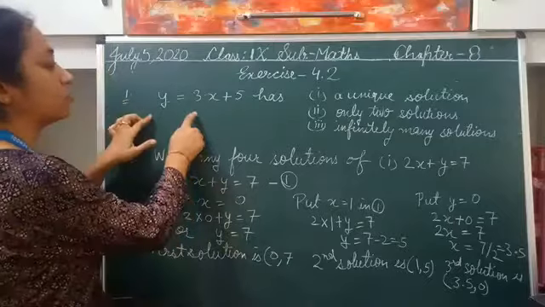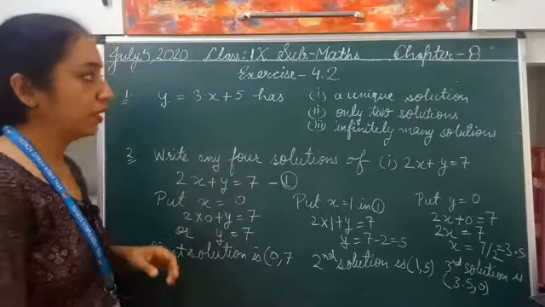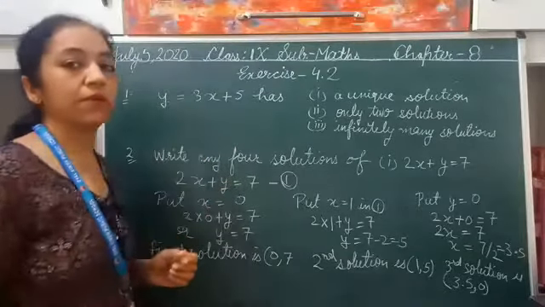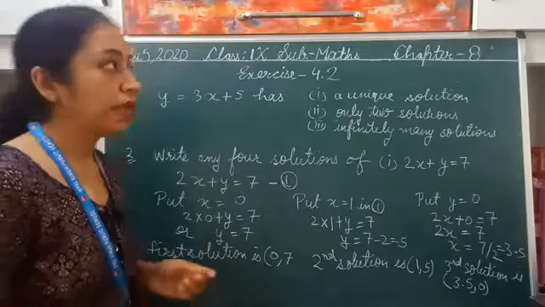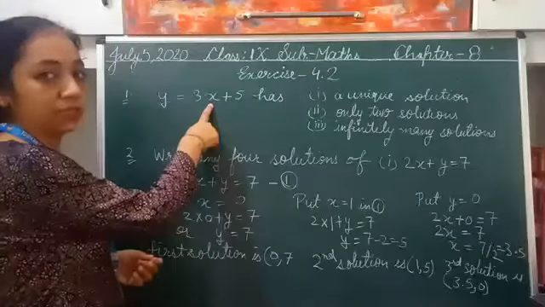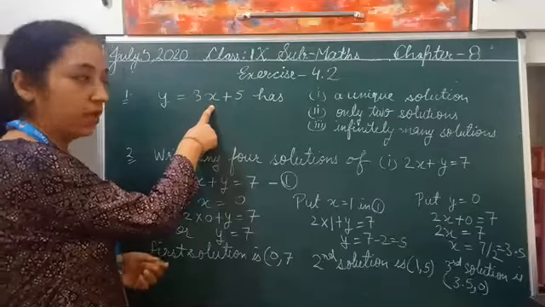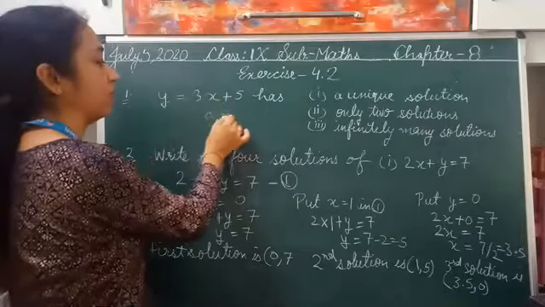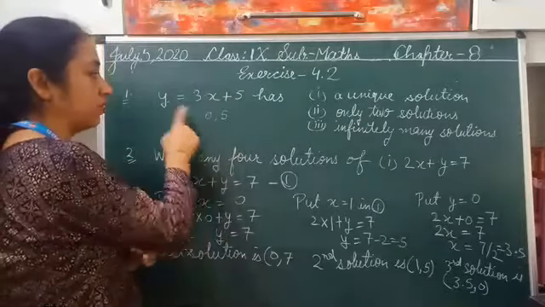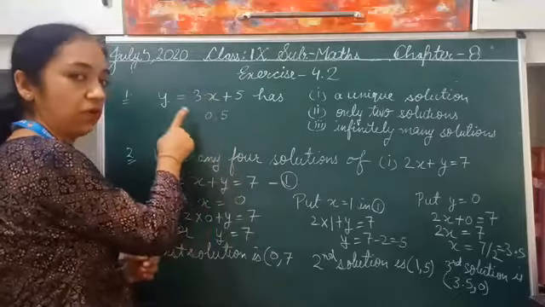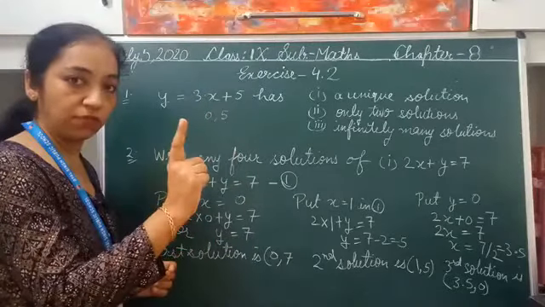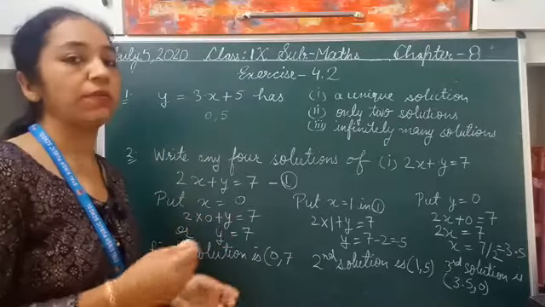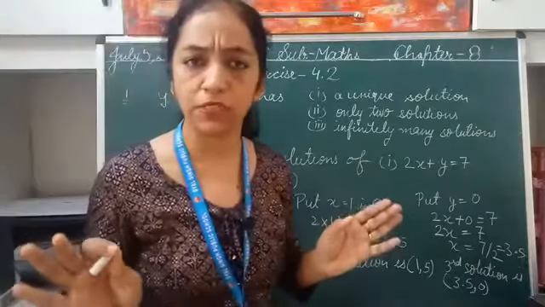How many solutions can we have for this equation? Yesterday in our previous class also we did that we can get an infinite number of solutions of such an equation. How? If we put any value of x, if we take 0 in place of x, then we will get y is equal to 5. That means one of the solutions will be (0, 5), meaning x is 0, y is 5, abscissa is 0, ordinate is 5. So this is one of the solutions. Similarly, you can take x is equal to 2, 3, minus 1, minus 2, minus 3, any number of values of x you can take.